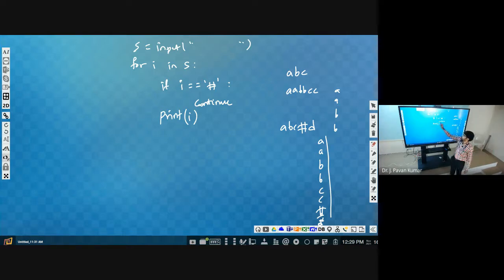If I is equal to hash, then continue. That means hash we have to print, right? So here we can have print I. Then continue. Then print I, print I.